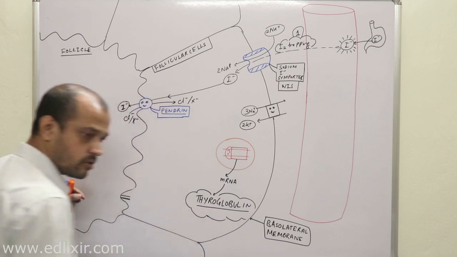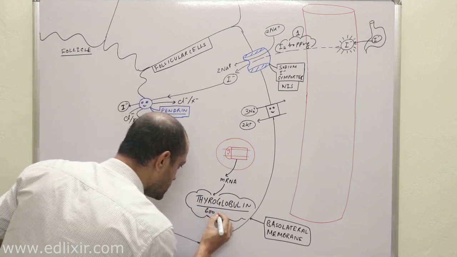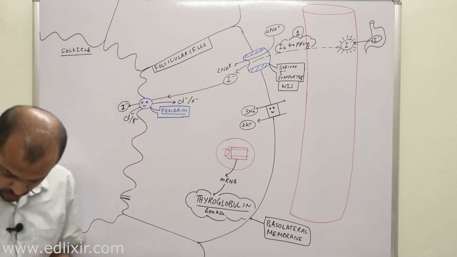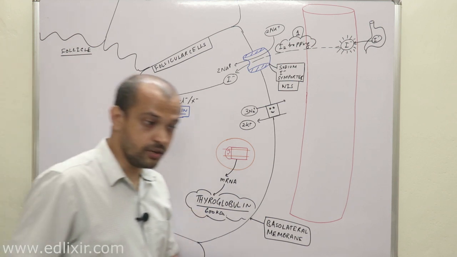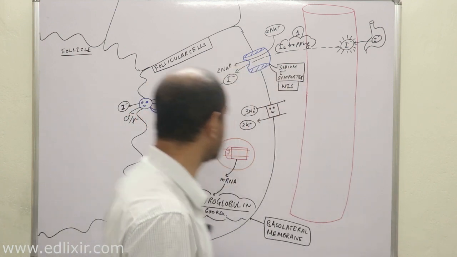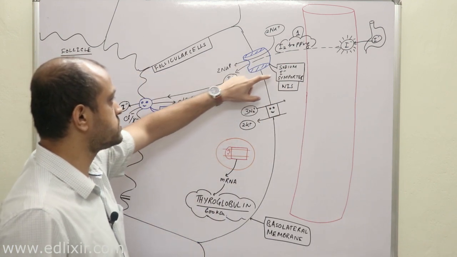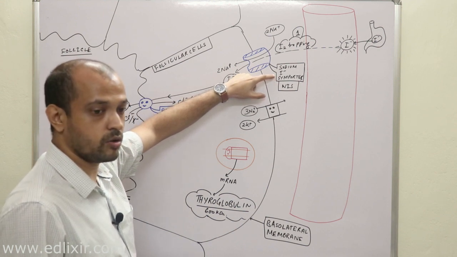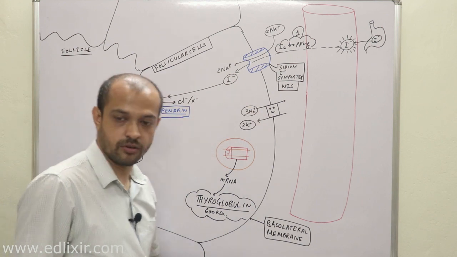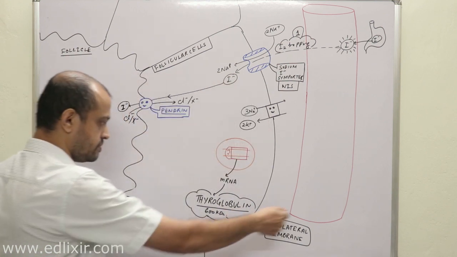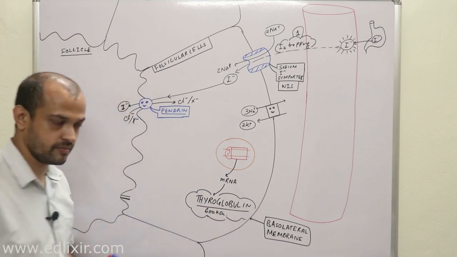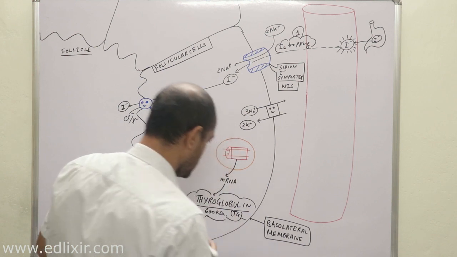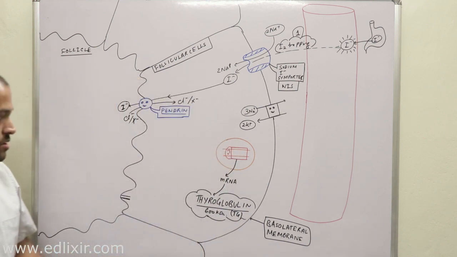Thyroglobulin is almost 600 kilodalton in weight. Clear? So it's a huge protein. Now how to compare? You know the molecular weight of this sodium iodide importer is only 65 kilodalton. So now you can guess the massive structure of this thyroglobulin. A very important point is that for the rest of our lecture we will be talking about thyroglobulin and we will be denoting it as Tg.